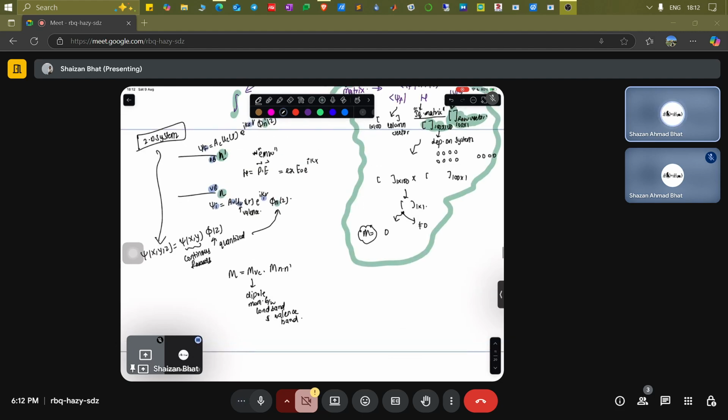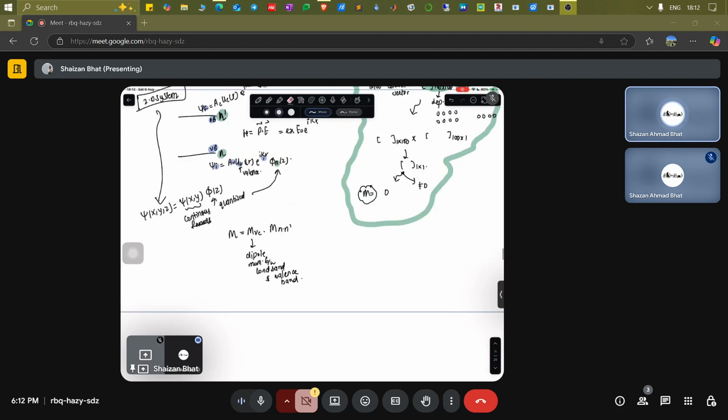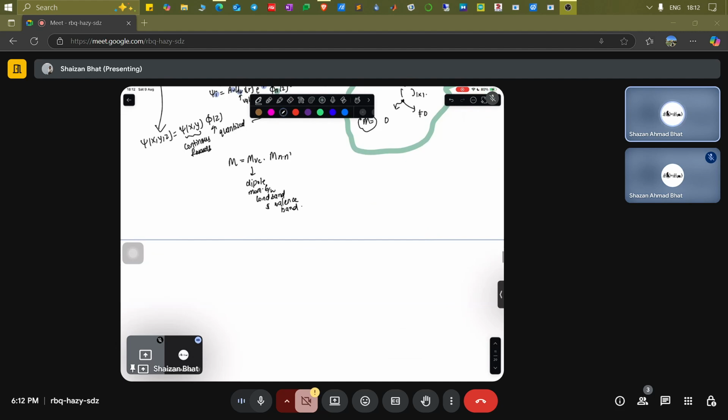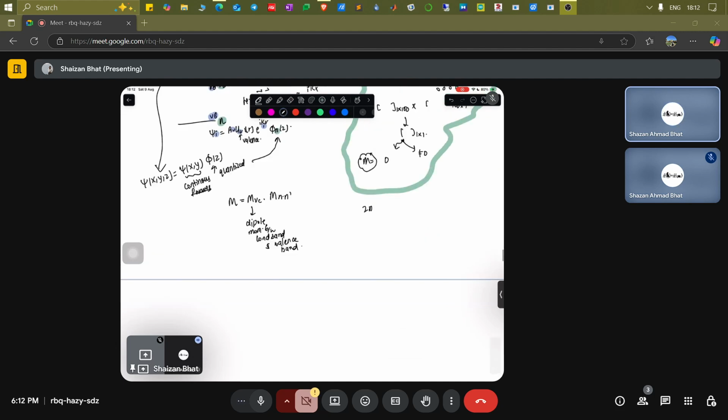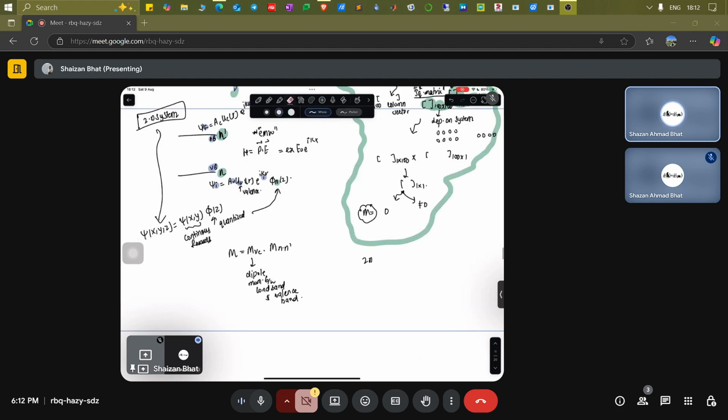And these are different from the actual, because let me just tell you, if you have a 2D structure, this is not exactly the conduction band here, this is not a valence band here, this is n and n dash. Let me not confuse you, I'll draw it in a band form.